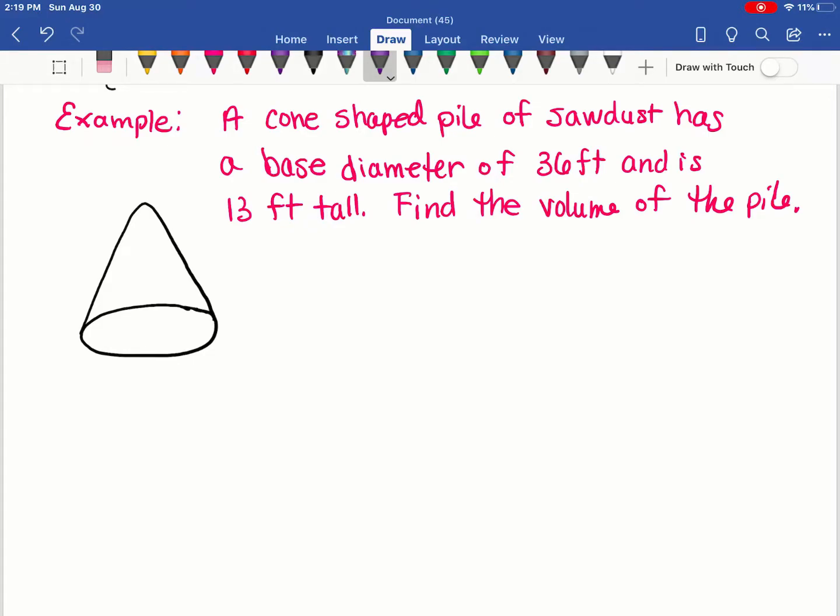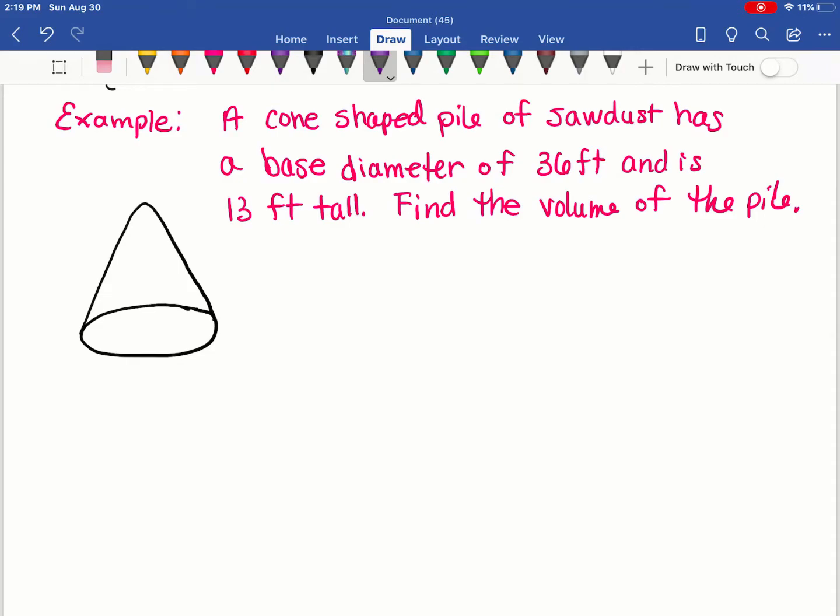Okay, in this example, we're going to go through how to find the volume of a cone. This example says a cone-shaped pile of sawdust has a base diameter of 36 feet and is 13 feet tall. We're going to find the volume of the pile. So this is the volume of a cone, and the problem also tells us that the diameter of the base